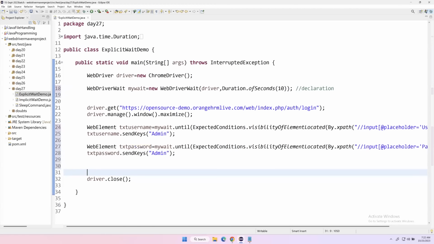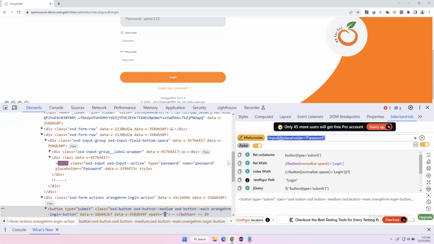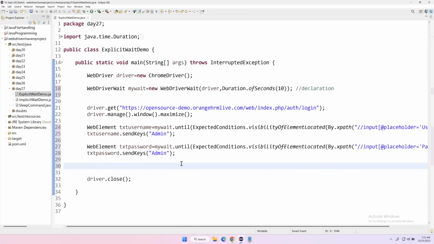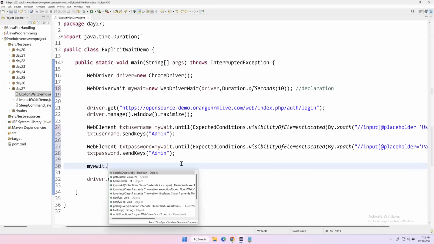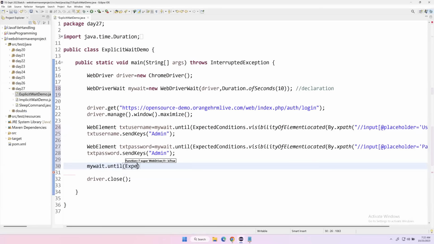Now after that, I want to interact with some other element. So let us say I want to click on the login element. So let us inspect this login. And this is the element. So how can we put explicit wait for this element? And what type of condition is suitable for this? My wait dot until and expected conditions